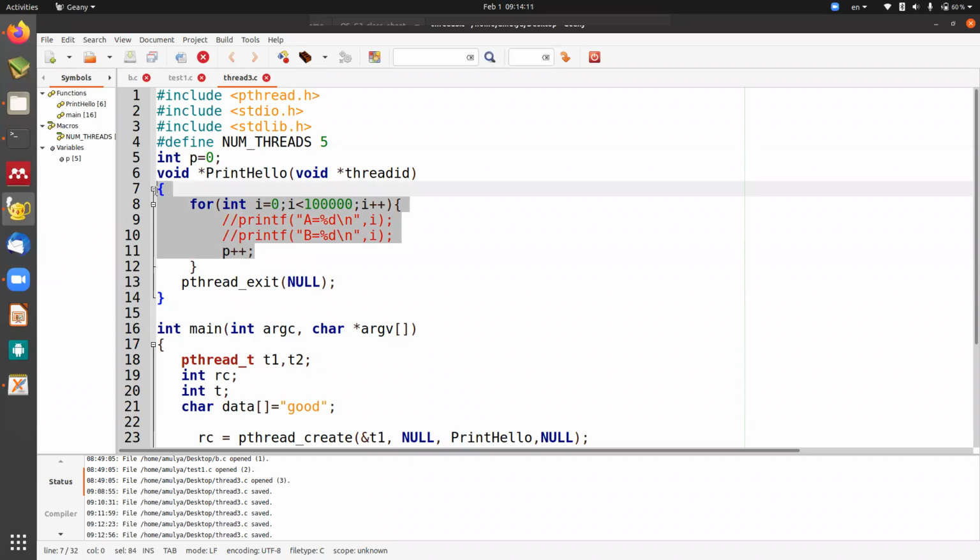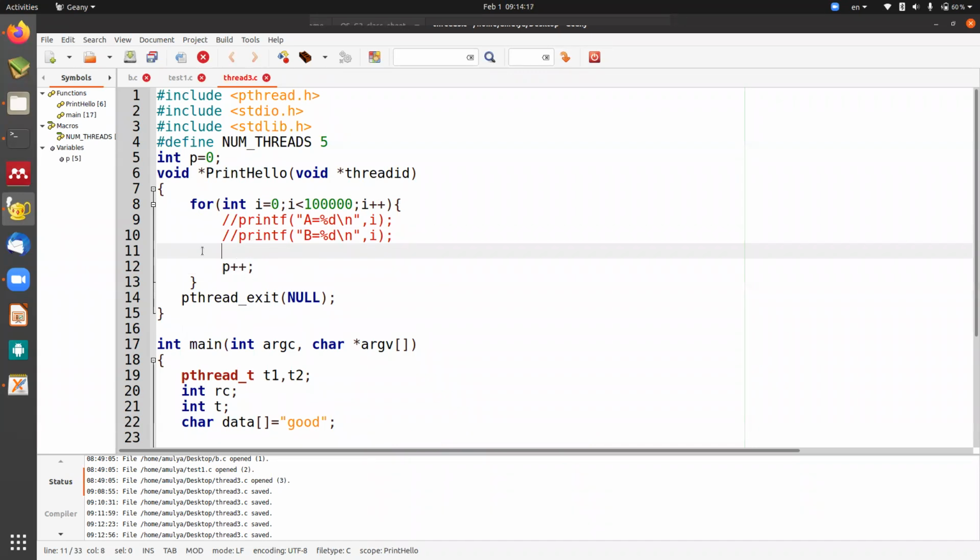So the next topic is how to make synchronization. As I explained, before entering, put a lock,